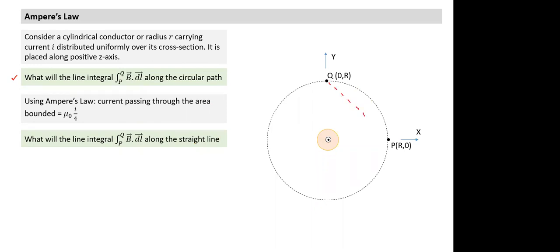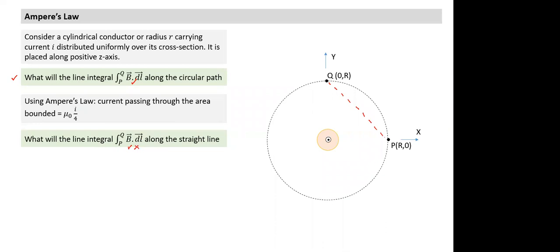See, earlier in the previous case, when it was along the circle, it was possible for me to evaluate B dot dl. Because here the B value is different at different points, it's not possible to evaluate this term B dot dl directly. In that case it was possible to evaluate B dot dl. In this case it is not possible. Jaideep, have you understood the difference between the two? Here it was also possible to apply Ampere's law. In this particular case, it is not possible to evaluate this term.